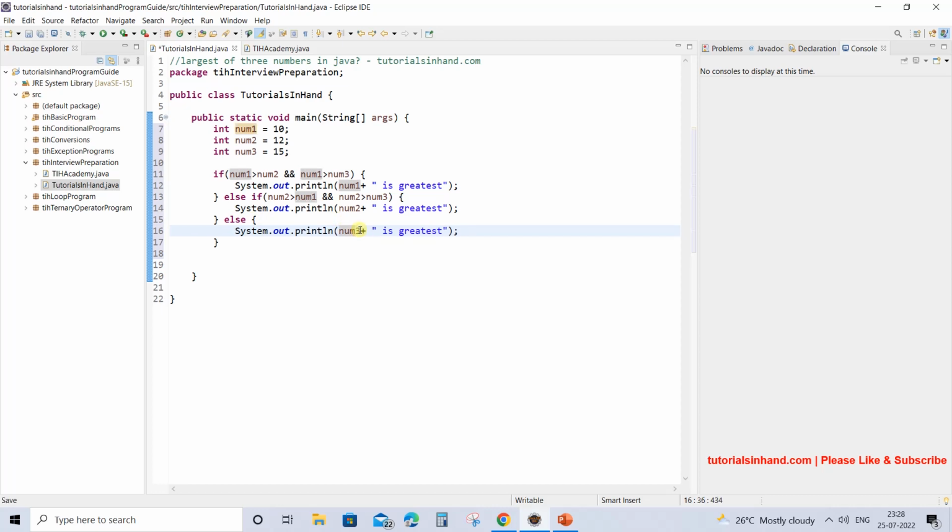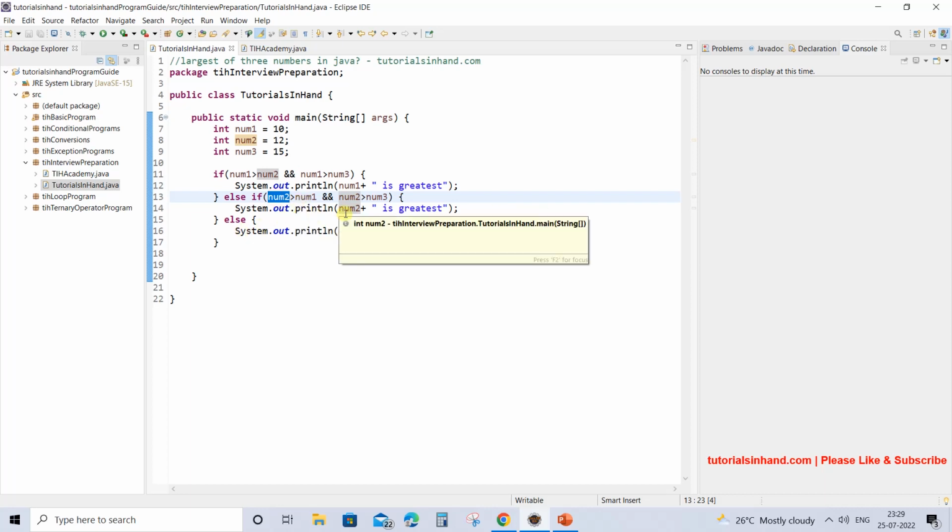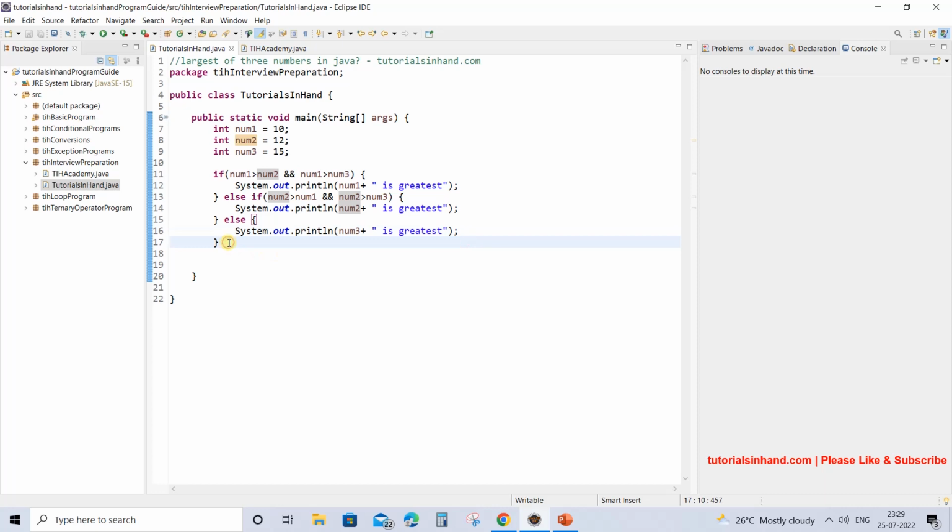So if you use this logic, this will also work. Otherwise you can add one more if statement over here and check for number3 is greater than number1 and number3 is greater than number2. Use the two conditions within the if, included over here where I have highlighted, and then print number3 is greatest. And then the last else could be that none of them is greatest, which is obviously not going to happen because one of them will be the greatest of the other two.